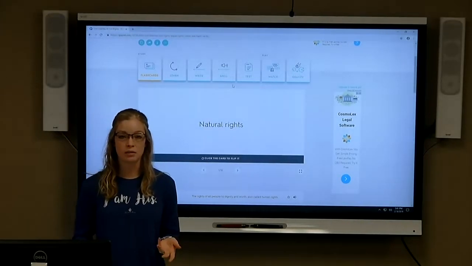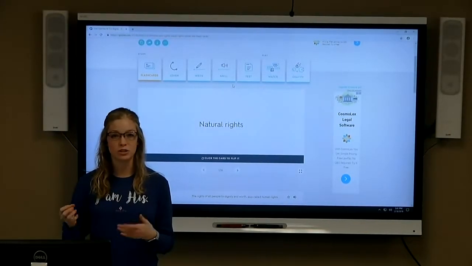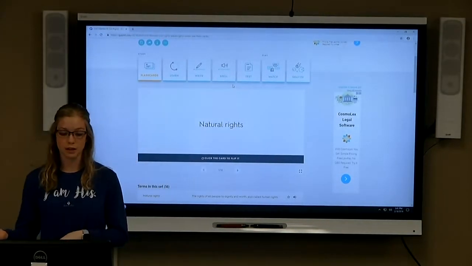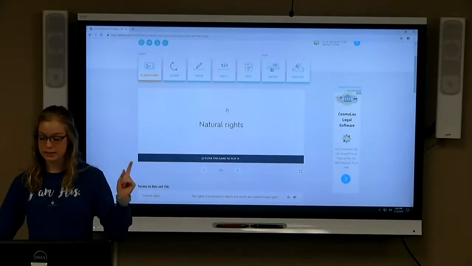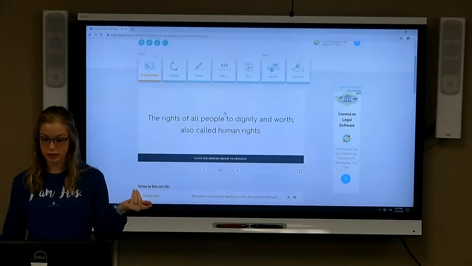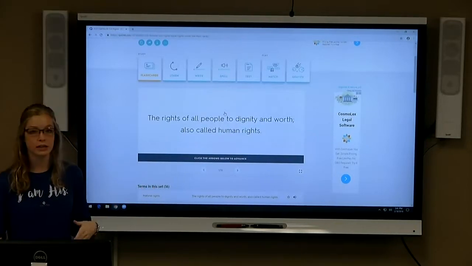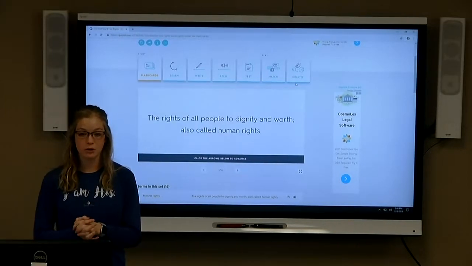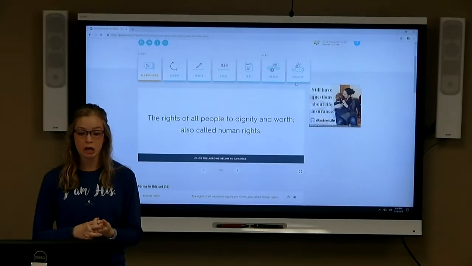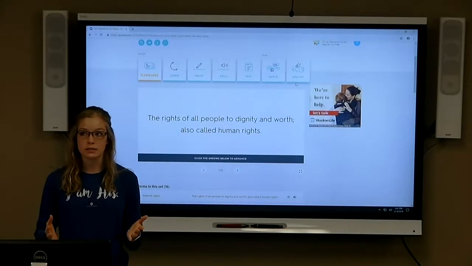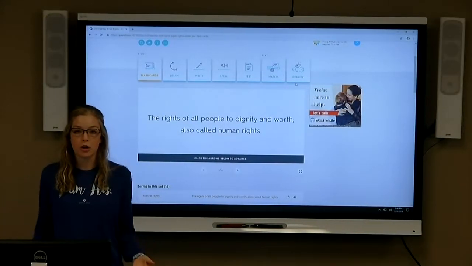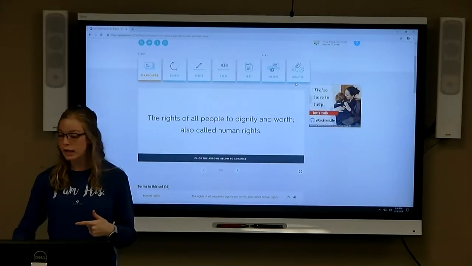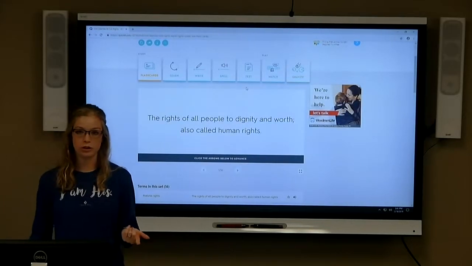Sometimes you don't have time to write on flashcards like I was saying last week. So this already has the flashcards made out for you. It has natural rights, and then you just click it, it turns itself over, and it shows you the definition. So it's really helpful if you don't have time to write flashcards, or you are in between classes and you forgot your binder at home or in your dorm or in your car or wherever, and you can just Google it and pull it up on your phone.